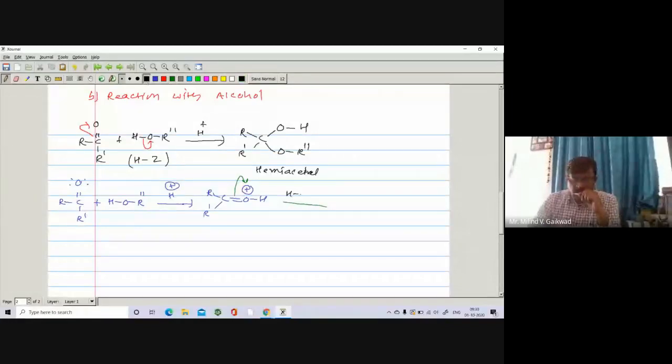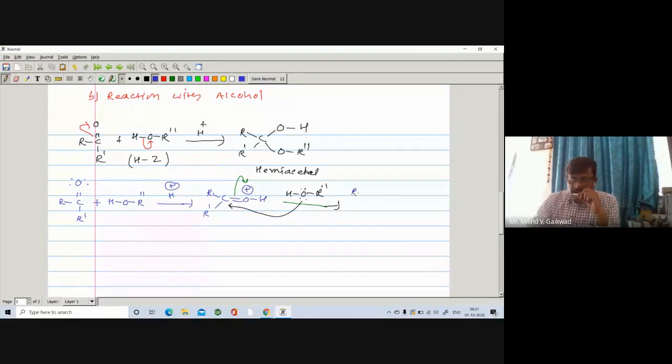Here is HOR''. In this case, the oxygen has two lone pairs. Just the pi bond opens here. Here is the neutralization of the positive. This carbon becomes positive. So this lone pair will attack this C positive,